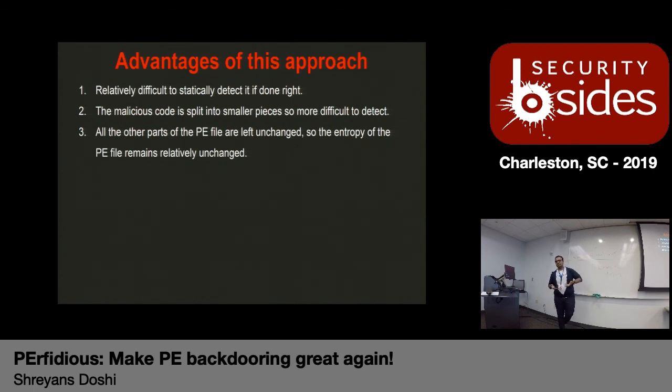So one of the easiest approaches would be to only allow whitelisted software on your network, right? Only allow whitelisted, checked software that has been verified, that okay, this software comes from this particular author on your network. That is the easiest approach to basically stop malware on your network, right? But that is not really feasible for most enterprise networks. So the next approach would be to have dynamic analysis on all PE files that come through your network, right? That is an approach that you can use to detect, because in dynamic analysis you are basically detecting the control flow of the program itself, right? So if it does something malicious, it can be flagged.